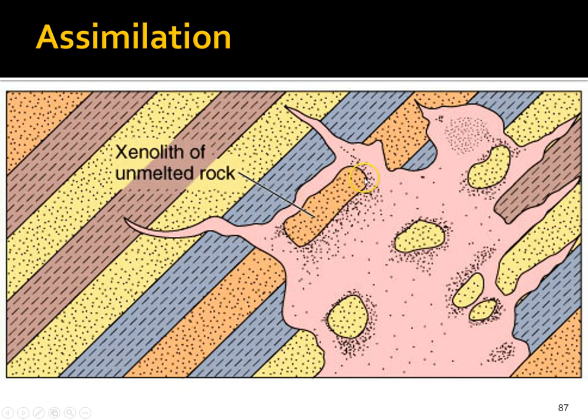Sometimes you have chunks of material in the lava that just never melts. Maybe its melting temperature was a little bit higher. Maybe it was insulated